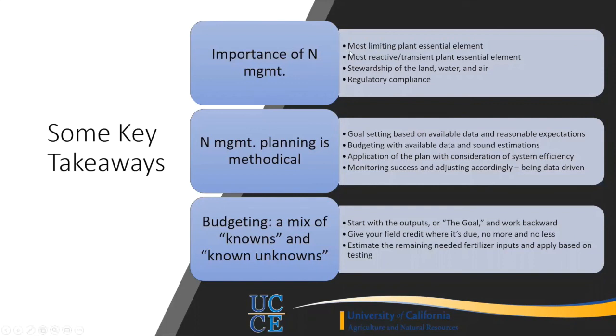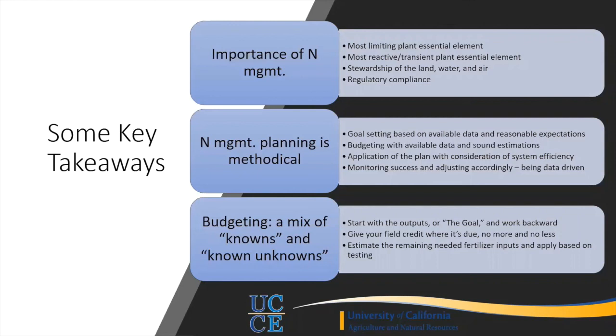Regarding the importance of nitrogen management, remember that nitrogen, for instance, is the most limiting plant essential element. It's the most reactive or transient. It moves around a lot in terms of plant essential elements. Stewardship of land, air, and water in terms of protecting the environment are also important reasons to manage nitrogen. And then, of course, regulatory agencies are very interested in nitrogen management and require certain levels of monitoring and reporting